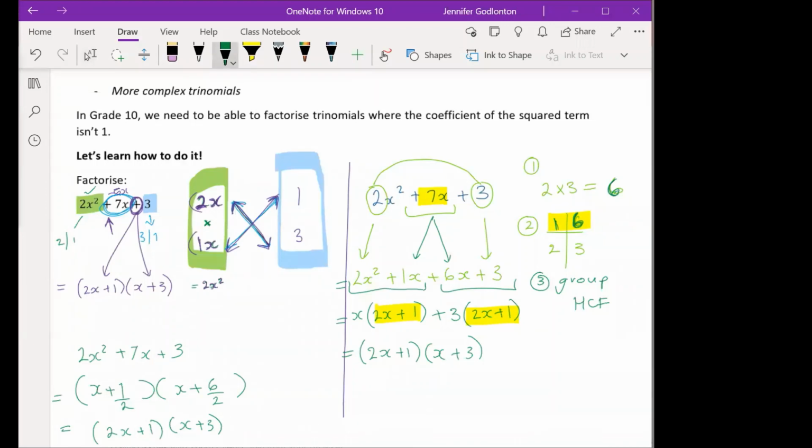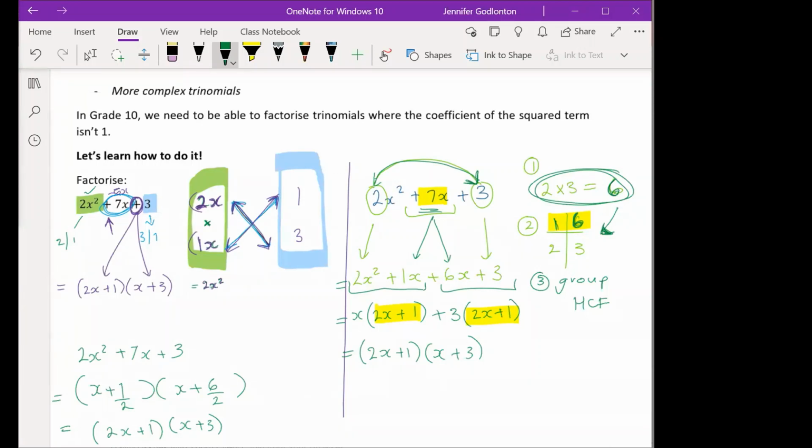The only multiplication that happens in this one is when we take the coefficient of the first term and multiply it by our constant to get that first number. And then we use that number to get our factor tree, which gives us that 7. And we work our way down with grouping after that. But remember, you're allowed to choose whichever method you like. You either can do the crisscross method in number 1, or you can do the grouping method in number 2. Some of your teachers may only teach you one way, and then obviously you're going to do the way that they teach you in class because you'll do it more often. But you must choose the one that you feel more comfortable with.